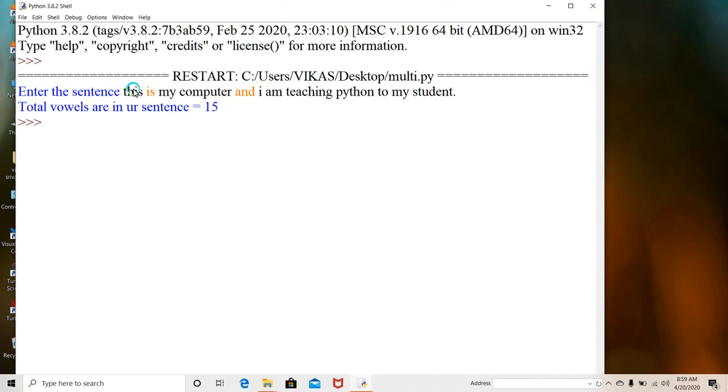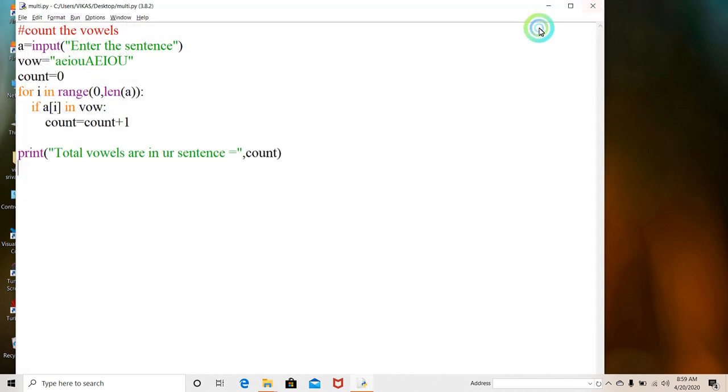We will count: I is a vowel, again I 2, O 3, U 4, E 5, A 6, 7, 8, 9, 10, 11, 12, 13, 14, 15. So the total number of vowels is 15. Our program is correct.